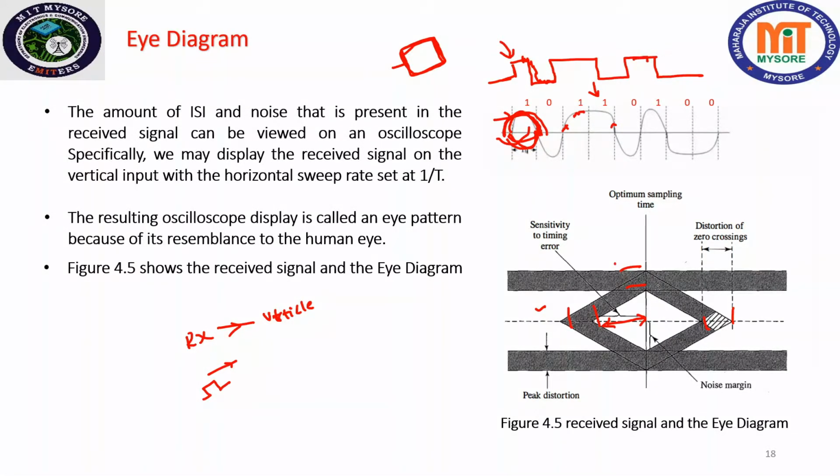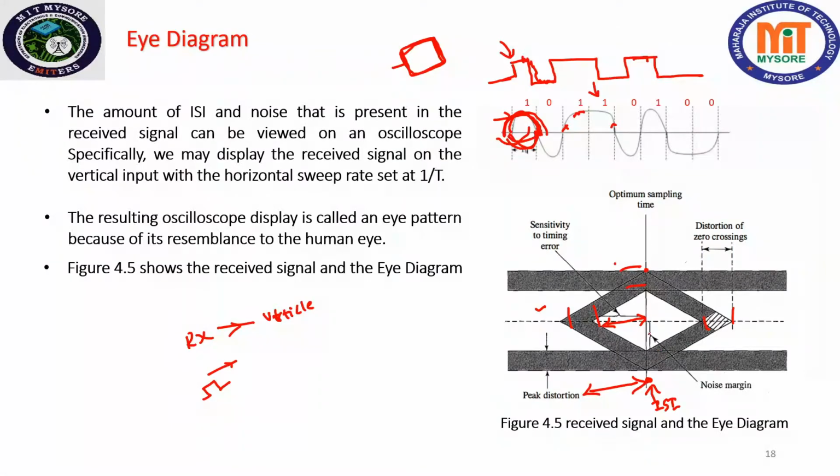And then optimum sampling time, which will be whenever this eye diagram meets the highest point. If we sample our signal at this time interval, starting from here, exactly at this interval, then there is a possibility that we can avoid the intersymbol interference. Okay, we can avoid the intersymbol interference. So for that purpose only we are indicating these things.